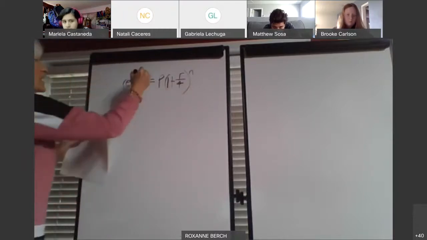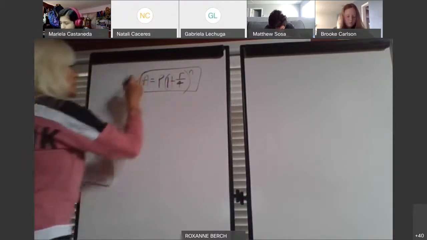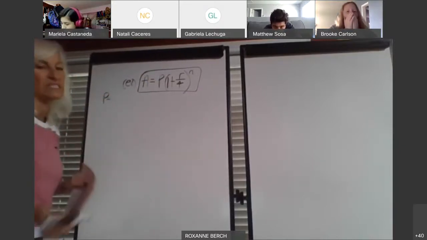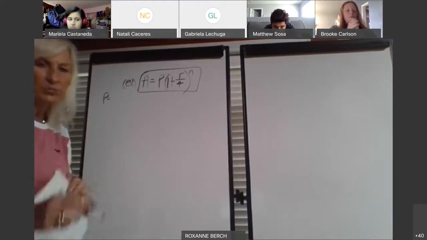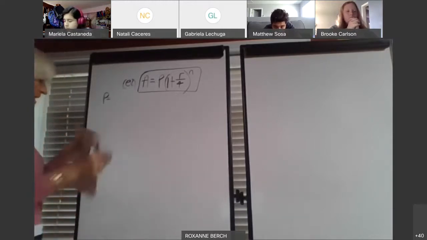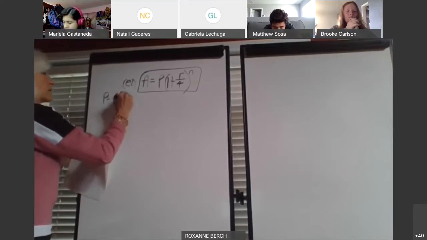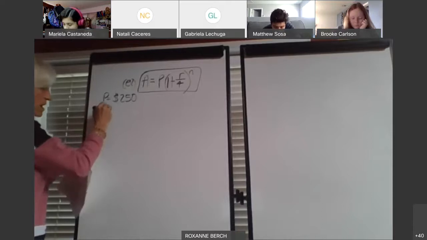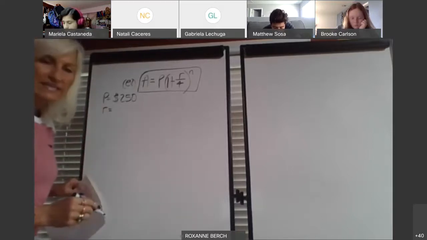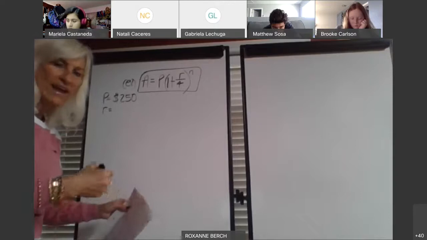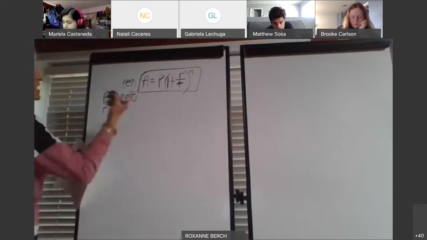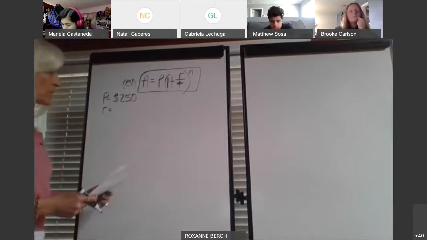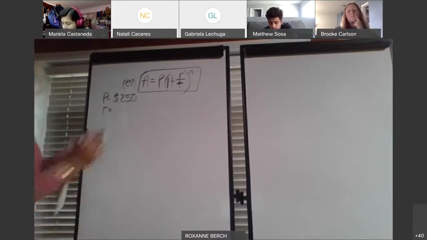Okay, let's talk about what all this means, these variables. First of all, P is the principal, and that's the money that you're putting in the bank. So you're putting $250 in the bank. What about R? R is the rate of how you're earning money on the money that you put in. So it's always a percent. Okay, we've talked about this before. So the rate in this problem is